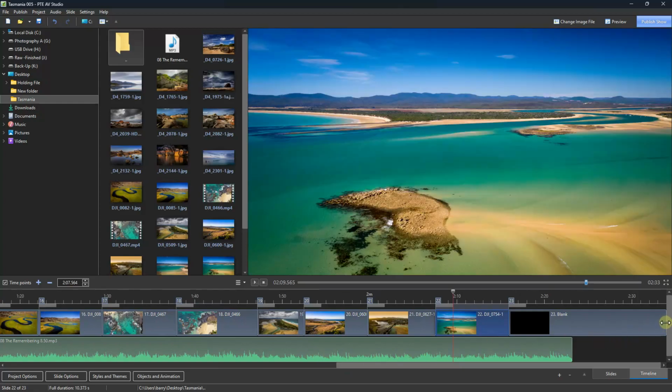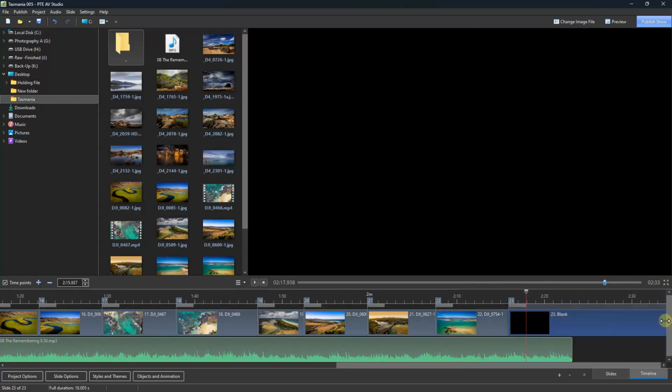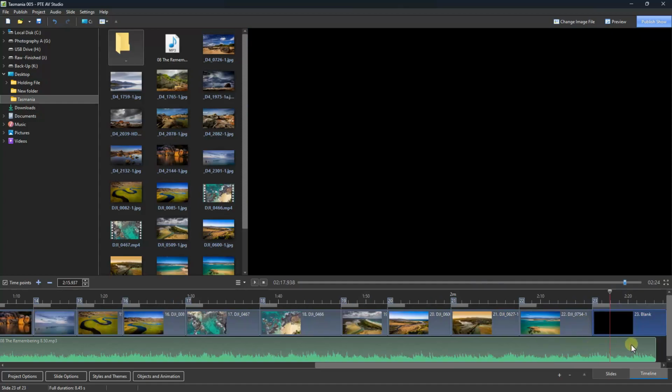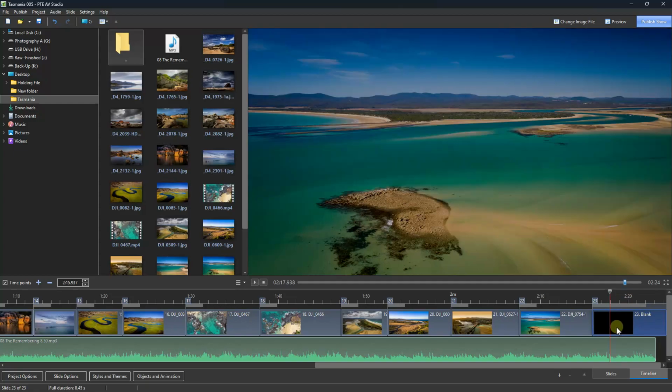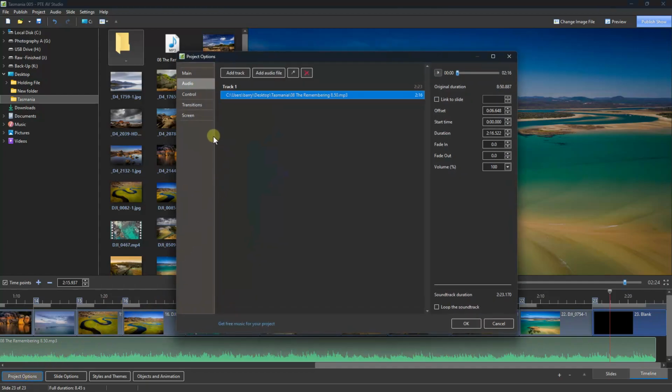I need to just drag back the length of the slide duration of that last blank because that's a little bit long. Just past my sound a little bit should do it. And I'll drag out the transition. So far we've done exactly the same as we did in the professional version. But what we don't have here is that orange line, so we can't put audio points and then reduce the volume. The way we do it is by going to the project options, into the audio track, and over here